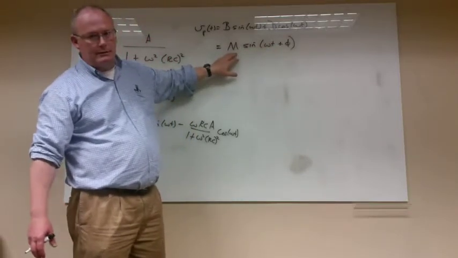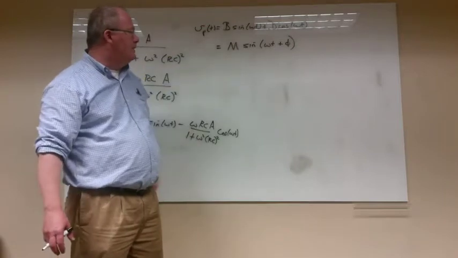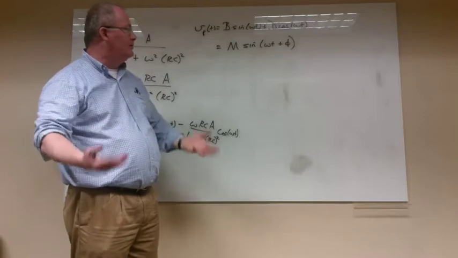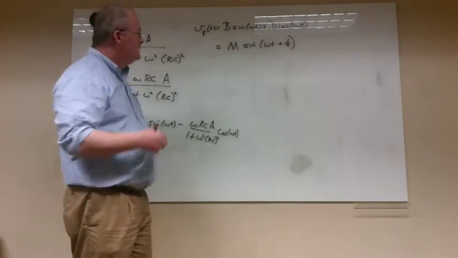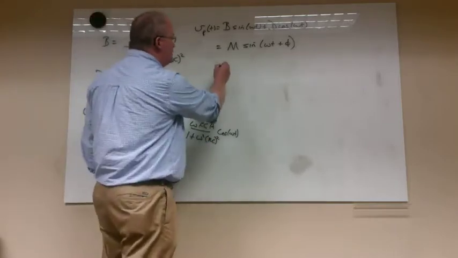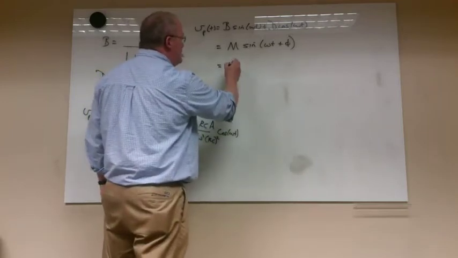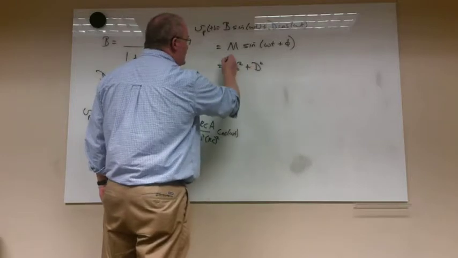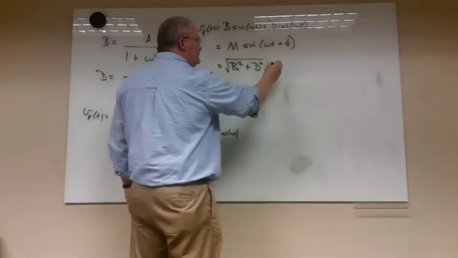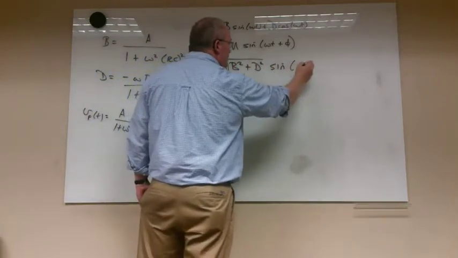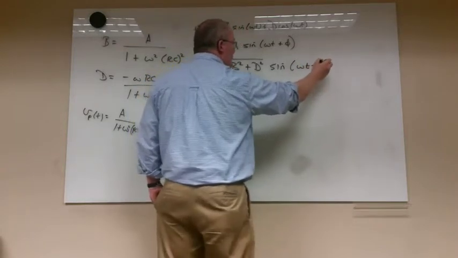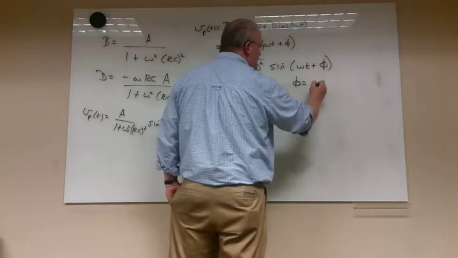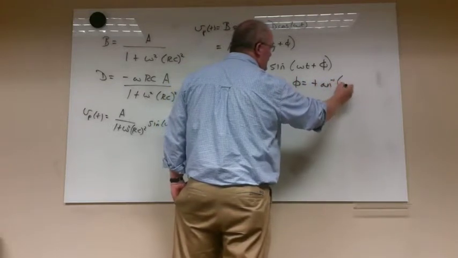And then there's a magnitude that changes as well. The magnitude is going to be smaller. As it turns out, you have to go through Euler's formulas and use that a little bit, but there's another way of looking at this, which is this is equal to the square root of b squared plus d squared, times sine of omega t plus, let's just call it phi, where phi is equal to the inverse tangent of